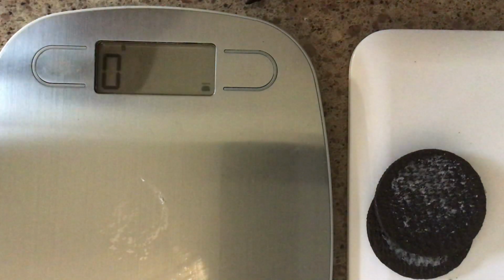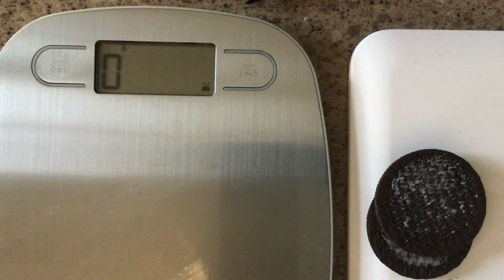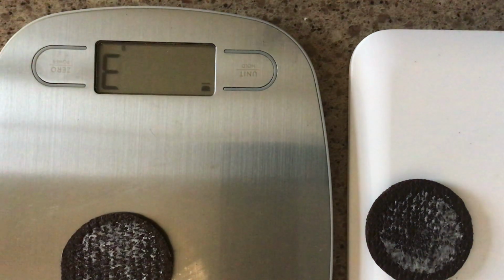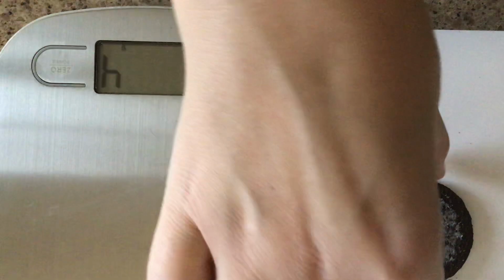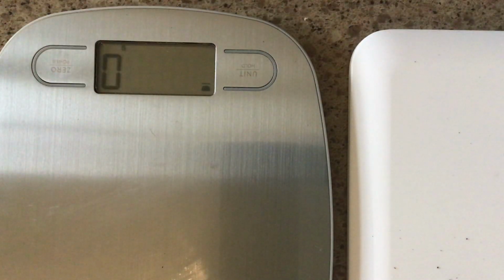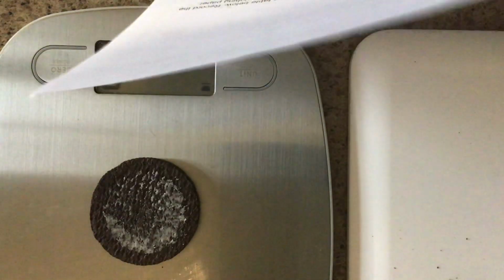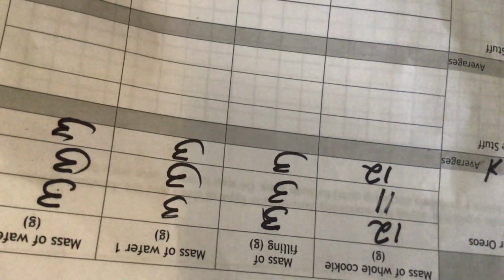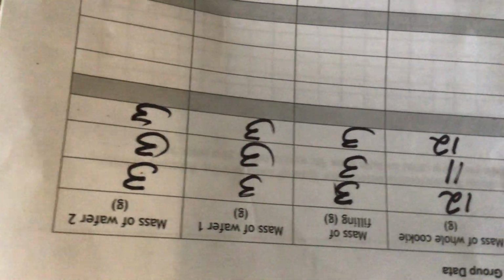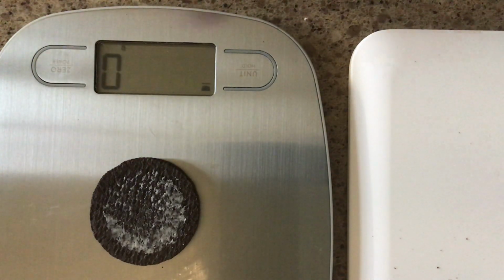So 3 for the filling. First cookie, 3. Second cookie, 3. Okay, so according to my kitchen scale, we have mass of filling 3 grams in each wafer also being 3 grams. Again, I'm just going to double check this